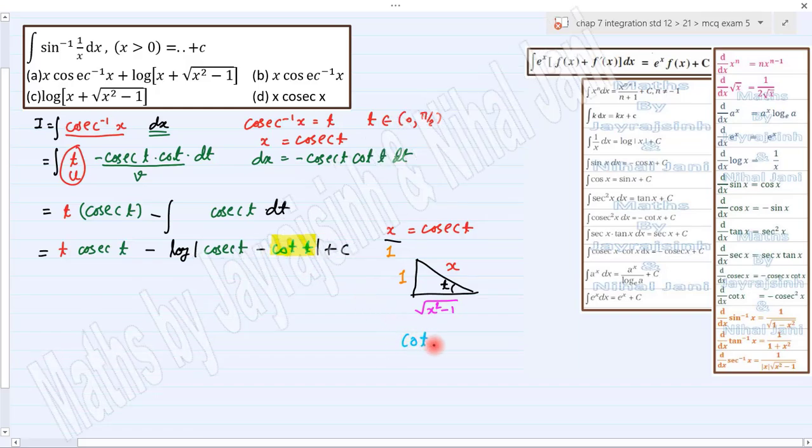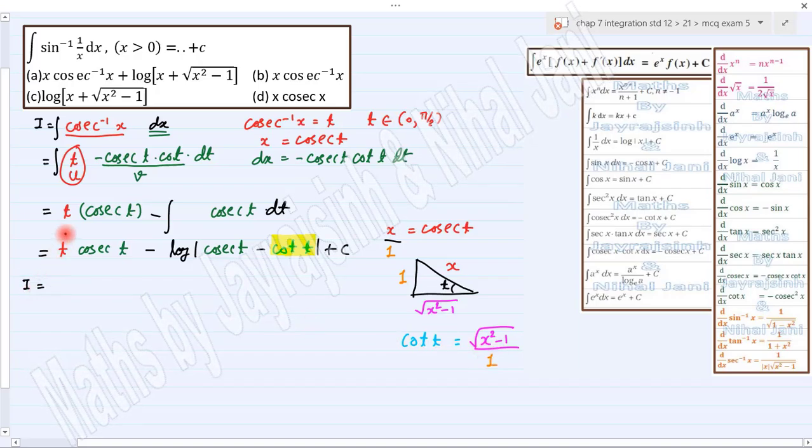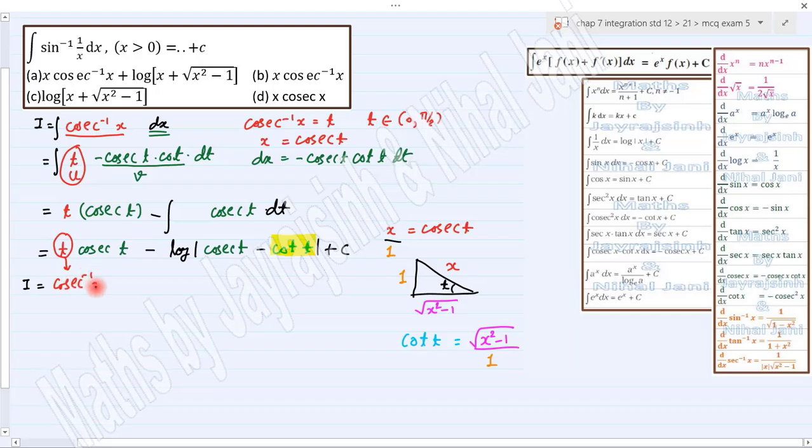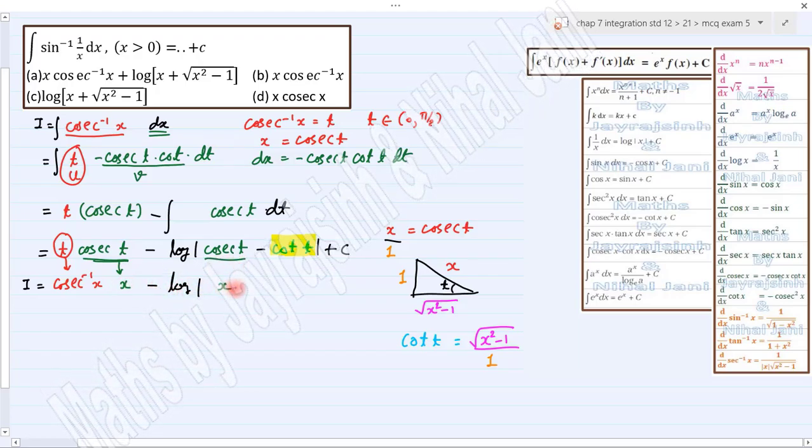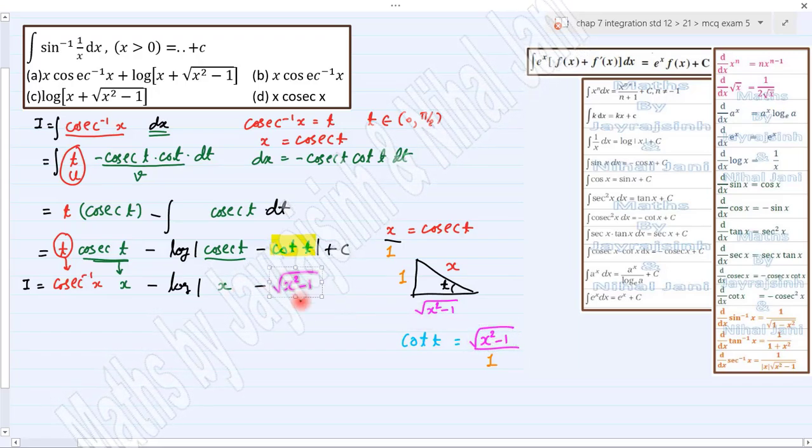Your cot t, which is adjacent upon opposite, we can say under root of x square minus 1 upon 1. So we are ready to convert our answer in terms of x. Our t will become cosec inverse x, and your cosec t will become x, minus log mod cosec t is your x, minus your cot t will be under root of x square minus 1